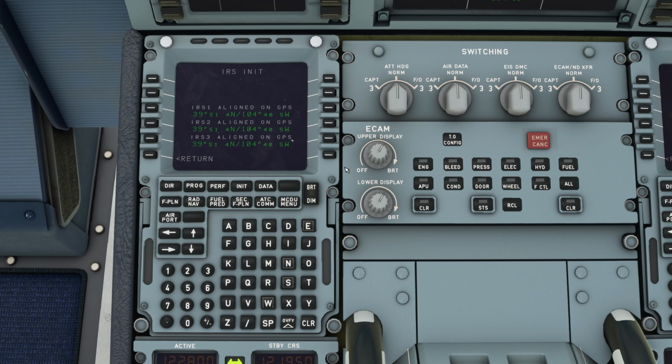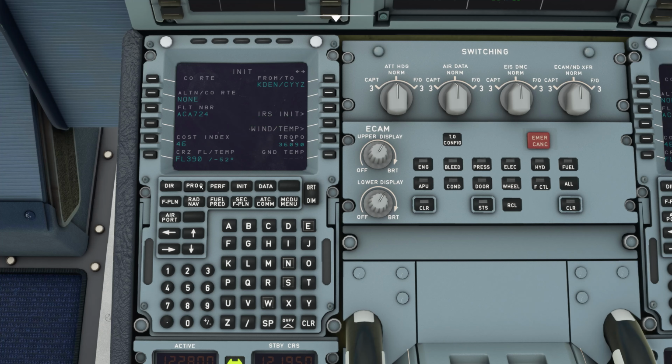If you do this before, there's a thing down here, you just click on it and then you hit accept, and then it tells you where you want to be. But I think now that my IRS has completely aligned, I'm ready to go. So I wish I had gotten to this before that and I could have showed you. But basically, once your GPS is primary